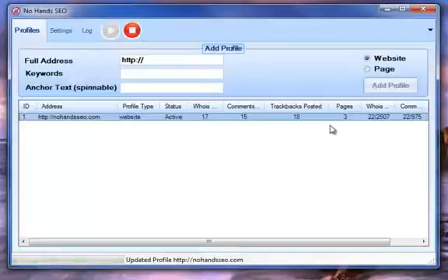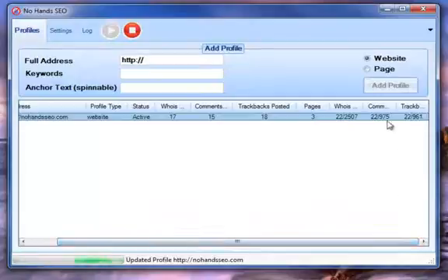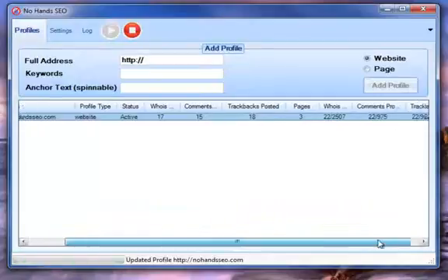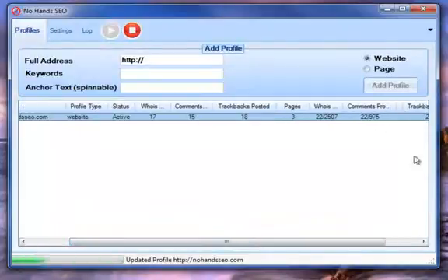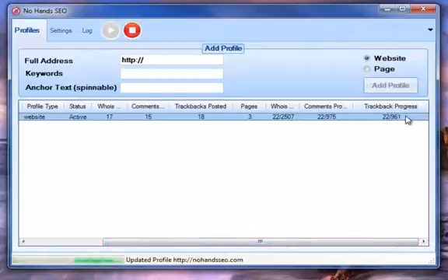trackbacks posted. Also, it searched my website and found 3 pages, so now it will not just be backlinking to nohandsseo.com, it will be backlinking to all of the pages that are publicly visible from that page. Now you can see so far we have 975 comment targets, we have 961 trackback targets, and the 2,500 Who